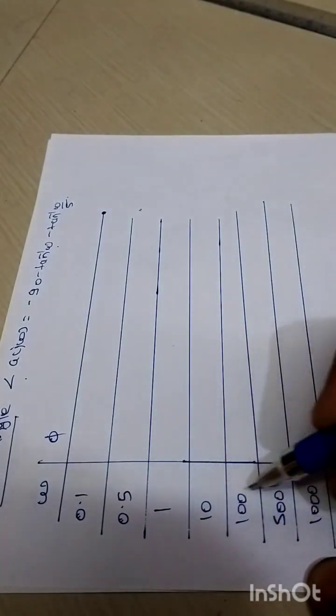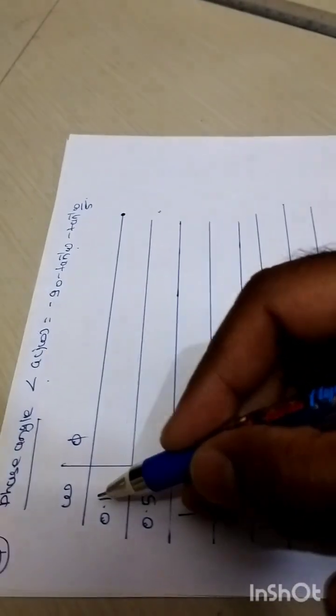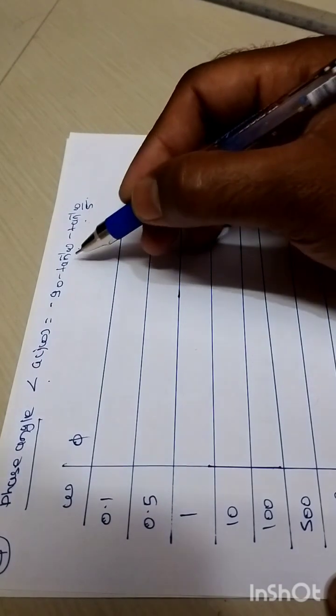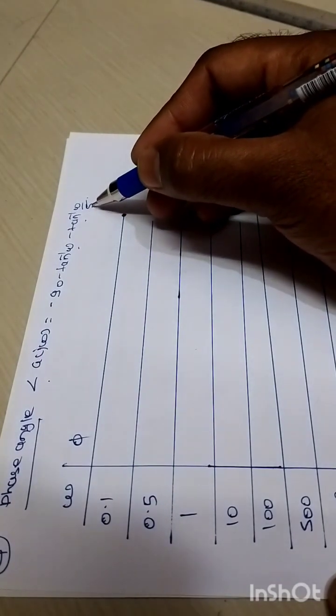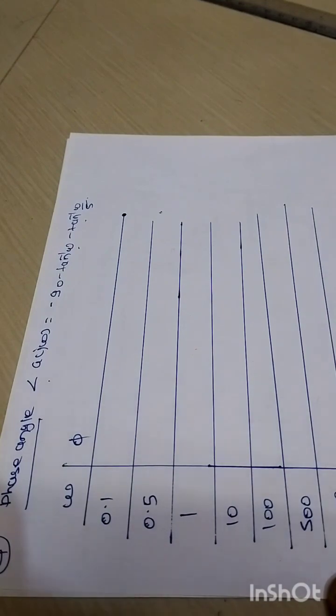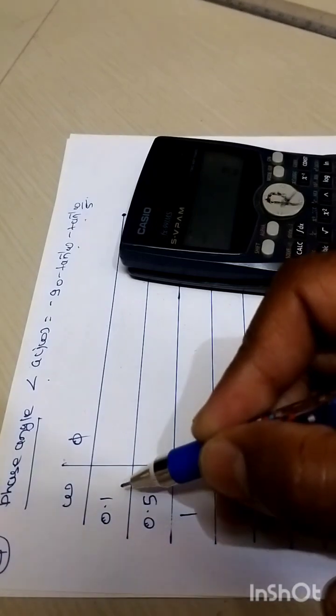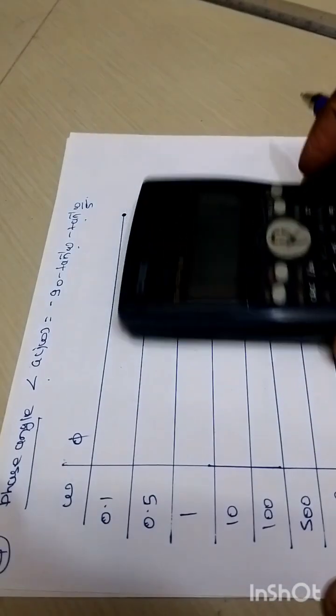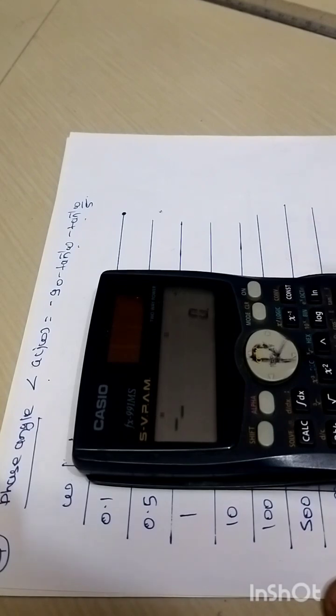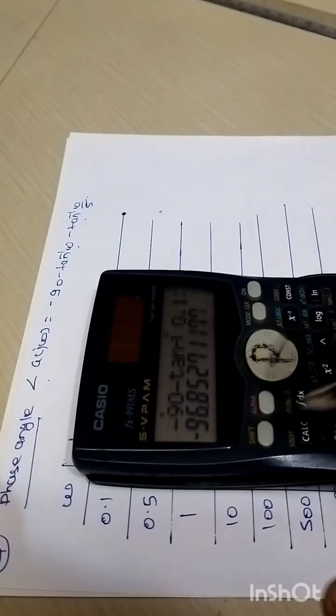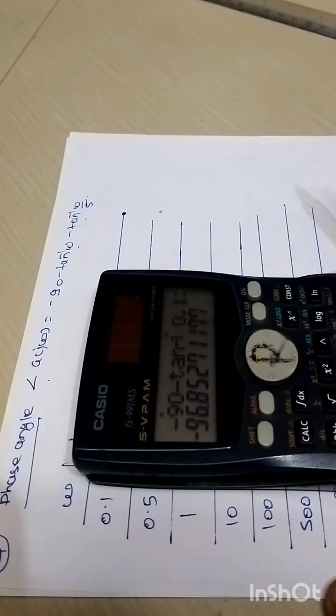So we need to consider all different values of omega to determine the phase angle. The desired value of omega is to be substituted in this expression, right? With the help of this scientific calculator, when initially omega equals 0.1, by using this expression the phase angle will become minus 90 minus tan inverse of 0.5 minus tan inverse of 0.1 upon 5. So it will become minus 96.85